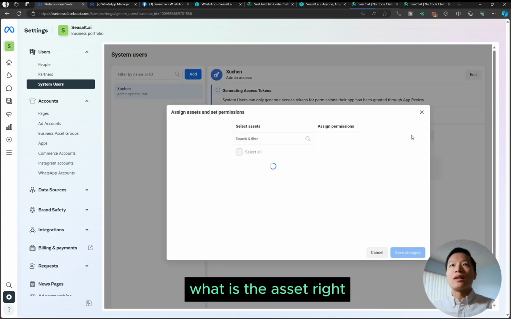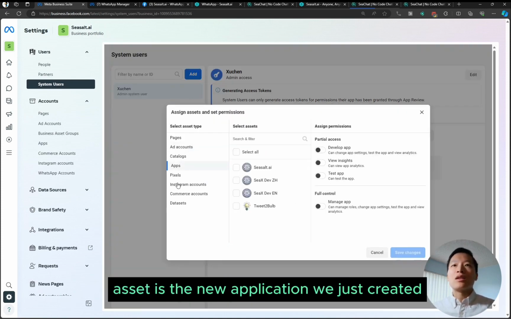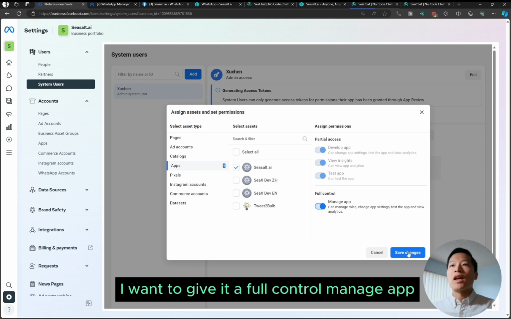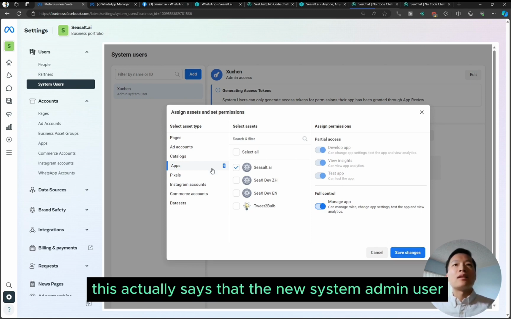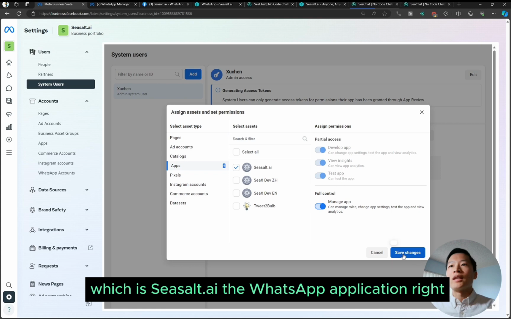What is an asset, right? An asset is the new application we just created, which is here. It's called Caesar.ai, right? I want to give it full control, manage app, and then save changes. This actually says that the new system admin user can access this resource, which is Caesar.ai, the WhatsApp application, right?